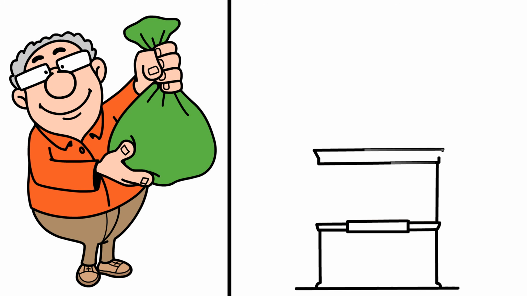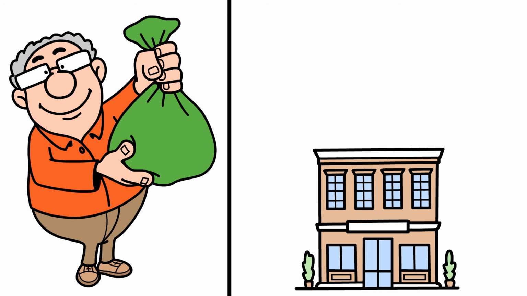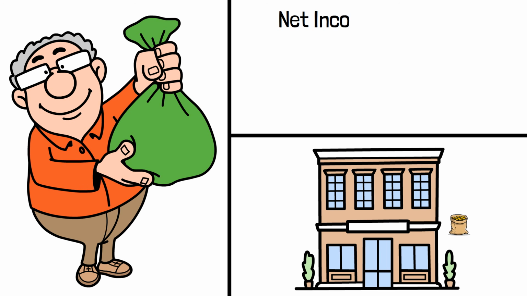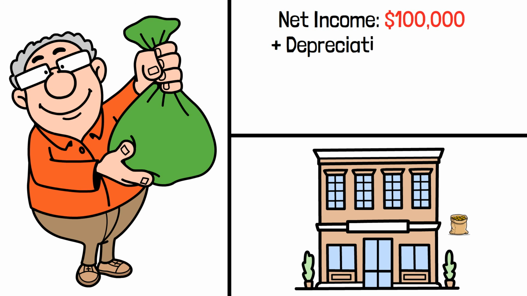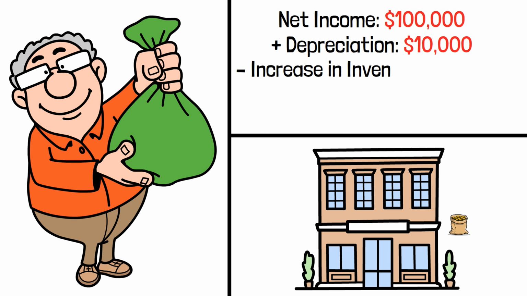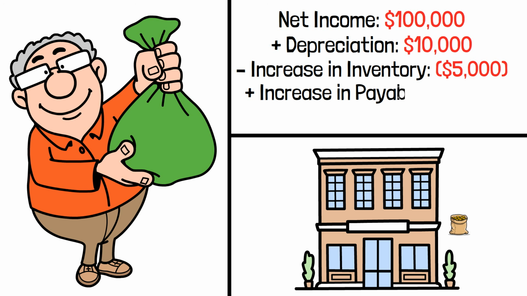Here's a pro tip. A healthy company usually has a positive operating cash flow. For example, net income, $100,000, plus depreciation, $10,000, minus increase in inventory, $5,000, plus increase in payables, $3,000, cash from operations,